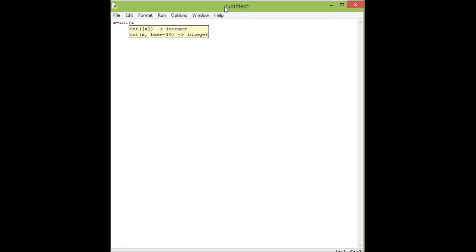Then in brackets we write input, and in one more bracket we write the prompt: Enter the first digit. Then colon, and we close the brackets.